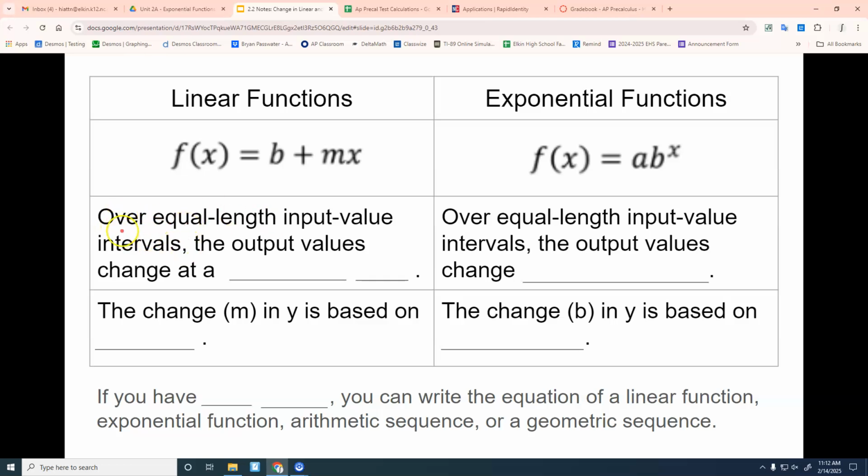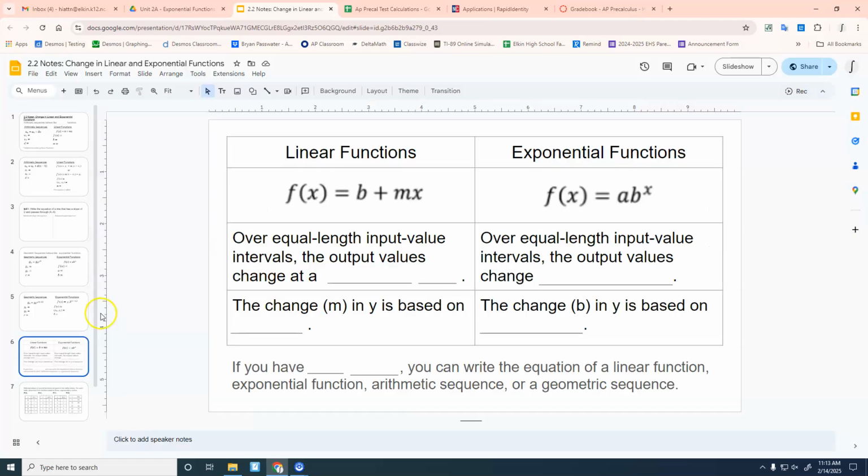it already before. Over equal length input value intervals, the output values change at a constant rate. We saw this a lot when we were looking at tables. Equal length input value intervals means you're going up by the same number for your x's, right? And then your y values are going to change at a constant rate. The change in y is based on, oh gosh, what's supposed to go there? Slope,